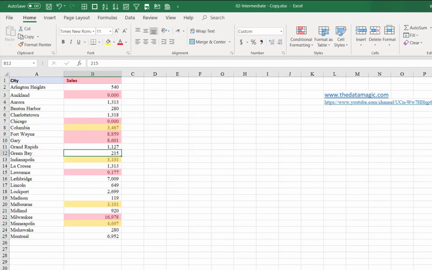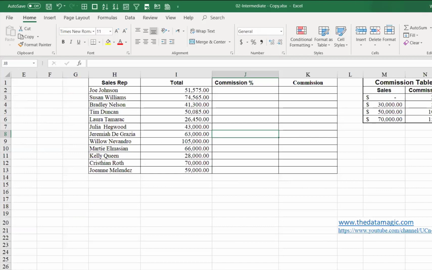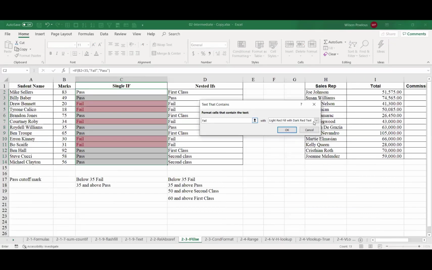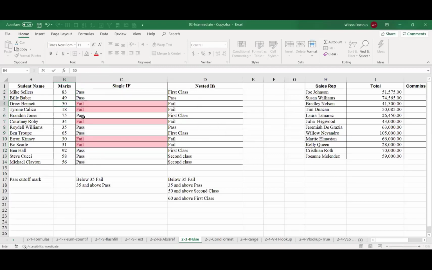In the previous example, if you go if else, say if I want to highlight all the fail in red, select this column, go to conditional formatting, highlight cells, text that contains. If you say wherever fail is there, I want to make it maybe a red text, or I can highlight with a red. So easily you can make out wherever it is fail. Suppose if I change this to 50, that fail becomes pass and that highlight will go off.